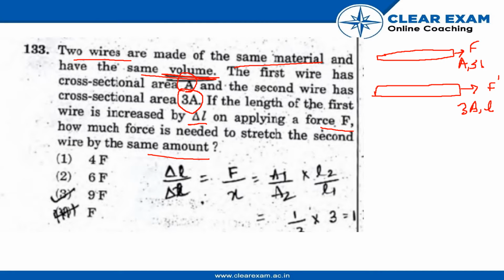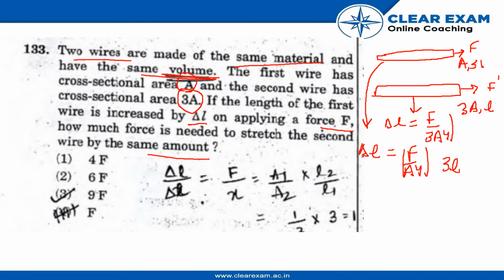So according to the formula, we know delta L equals F upon AY into 3L for the first wire. For the second wire, it will be delta L equals F dash upon 3AY into just L. So equating these equations 1 and 2, we get a relation of F